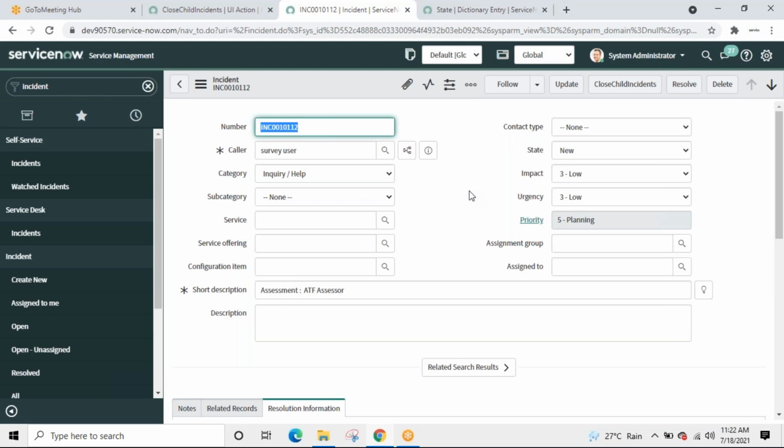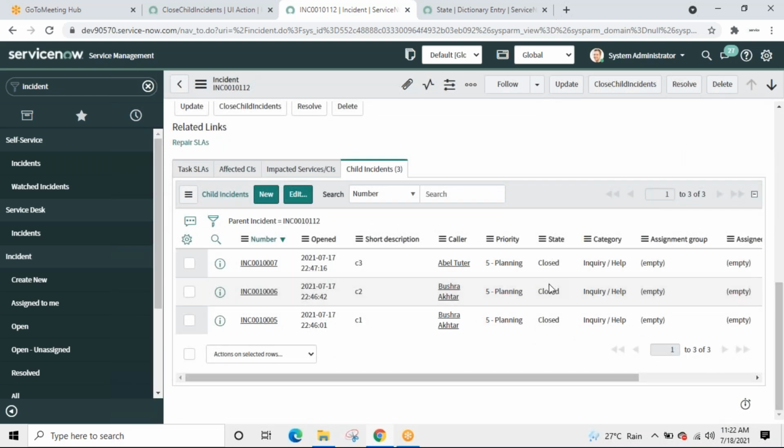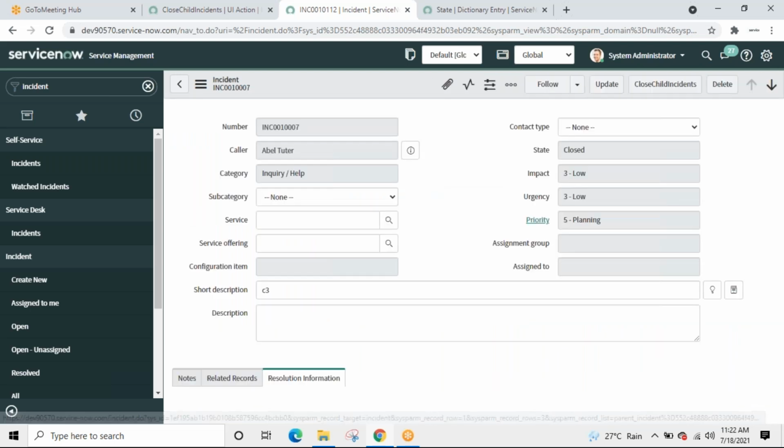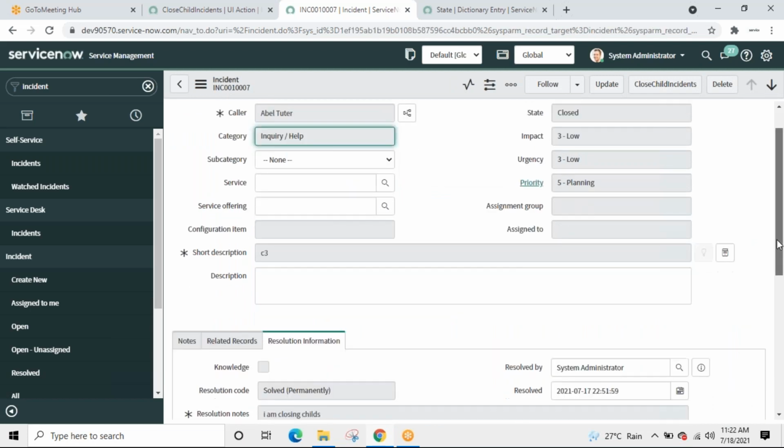No error, nothing, but we are more concerned about the states of the child incident. So let us scroll down. And yes, all of them have been closed automatically. So if I open one of them, let us go to the resolution details.